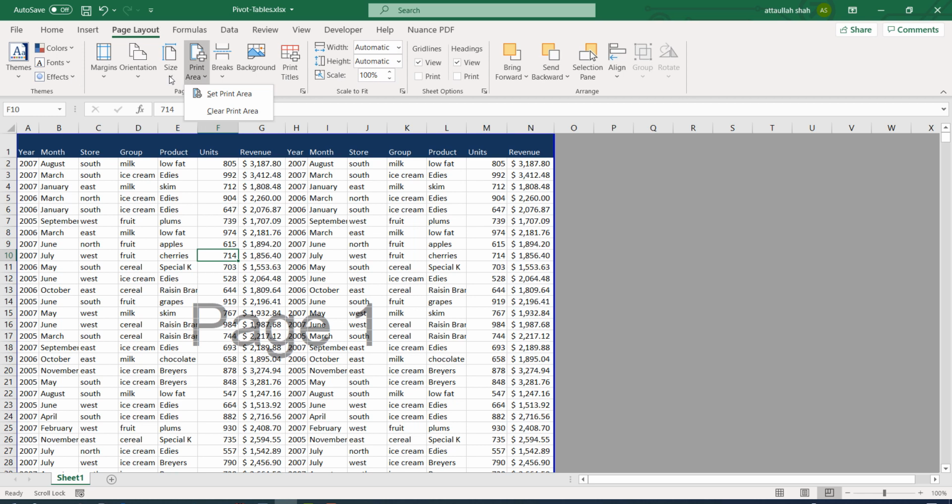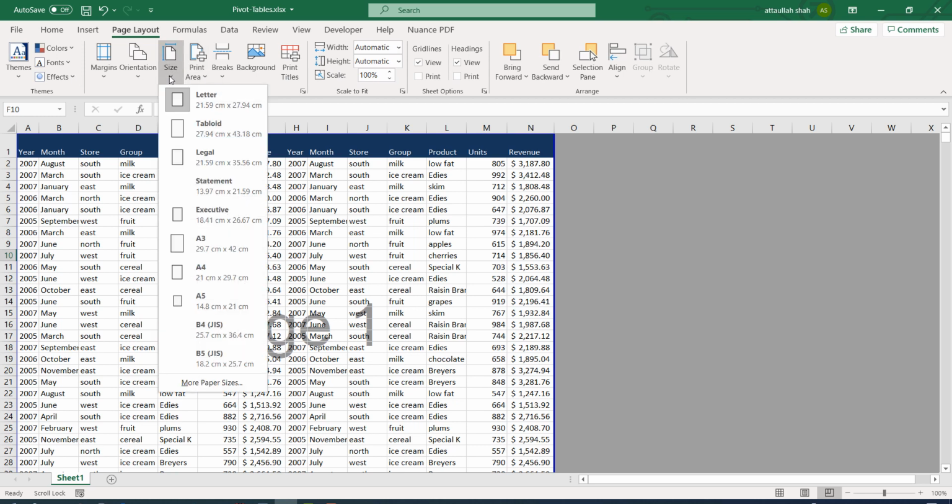We can also change the paper size. So usually what you have in a normal page size is A4. A4 is the normal page size, where it is 21 centimeters by 29 centimeters. So 29 centimeters is the vertical space.